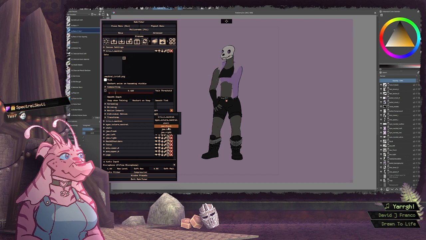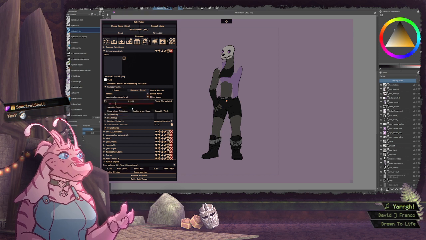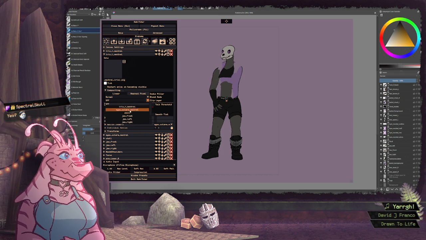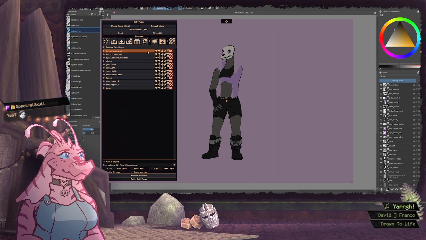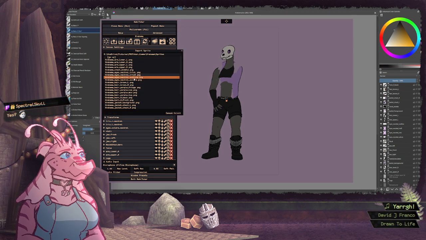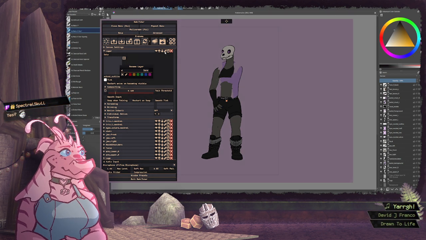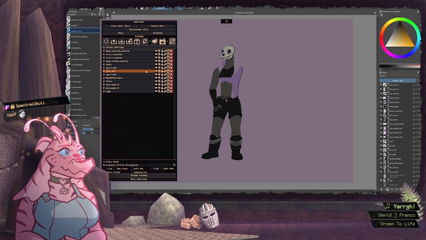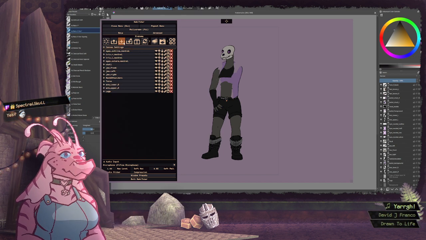Also inherits off of the sclera, and I need to make sure these clip to the sclera as well, which will be useful to us later. And now the outline. That also inherits off the sclera. Done. Save.